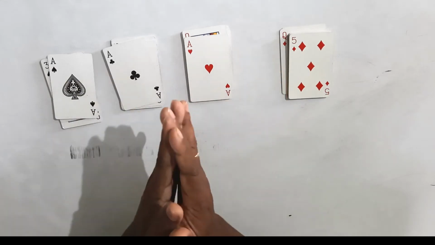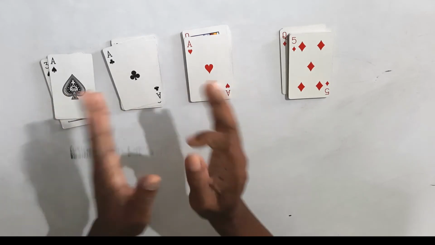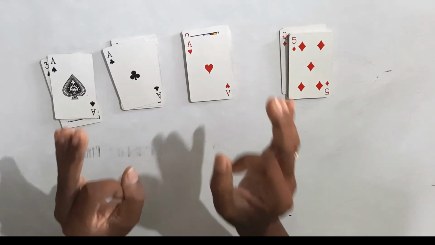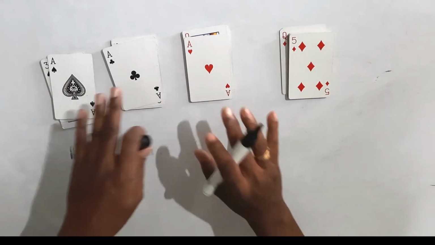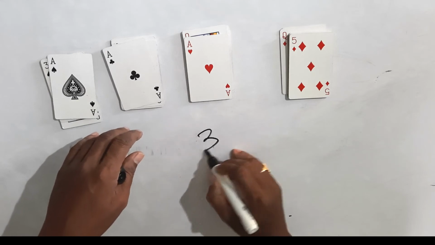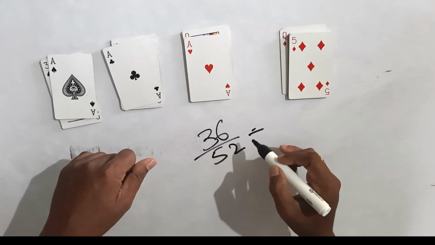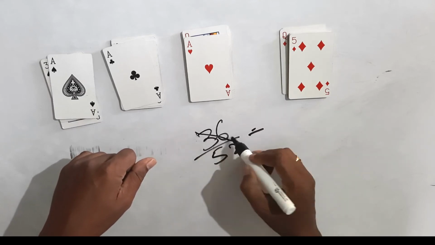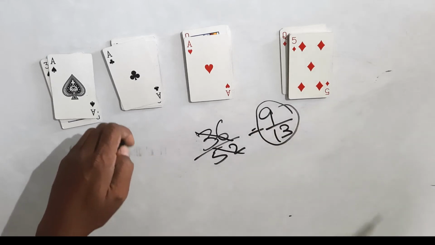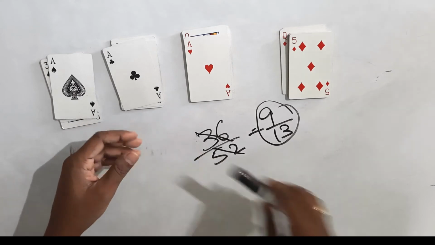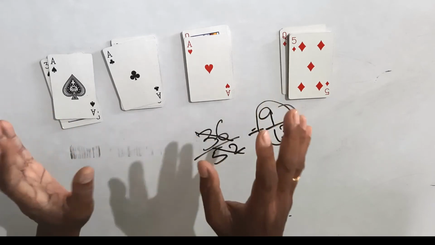So if the boy is allowed to take out one card randomly from the pack of 52 cards, then what is the probability of getting the number card? Okay, now number cards is how many? So 36 favorable outcomes are there. So the probability will be 36 by 52. Okay, now if you cancel it by 4, you will get 4 9s are 36, and 4 13s are 52. Okay, so 9 by 13. So this will be our answer. Now this is the probability of getting a number card from the pack of playing cards.